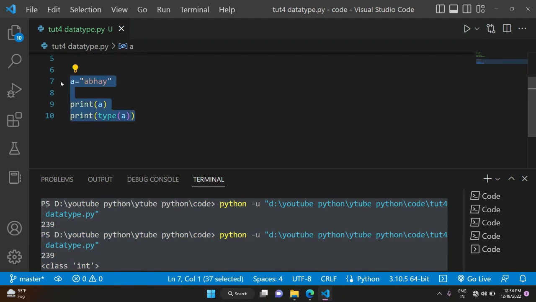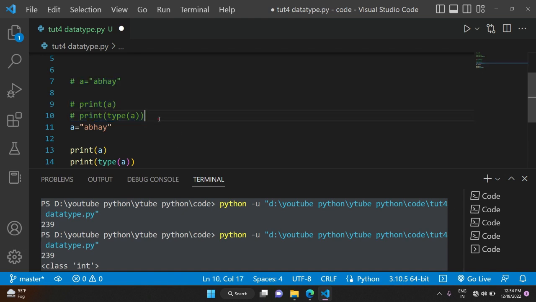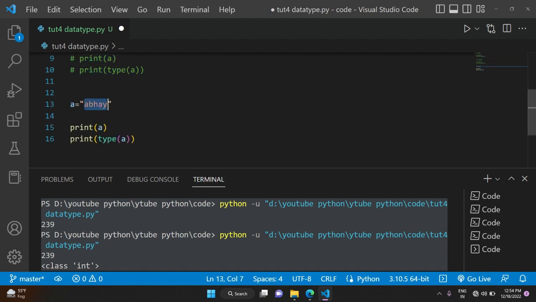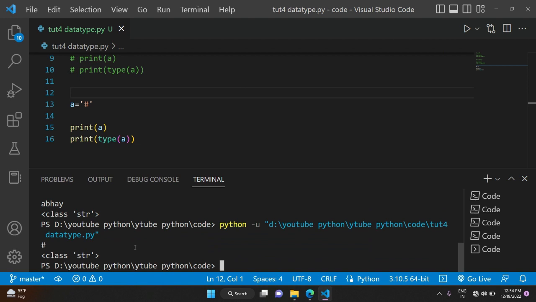And when I use the, now when I store in a any character, suppose I want to store the hash, and when I run it, it gives that it is also a string. Okay. And here, when I use, suppose, 234.2, and when I click the run button,